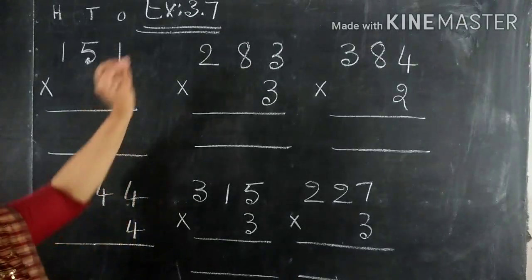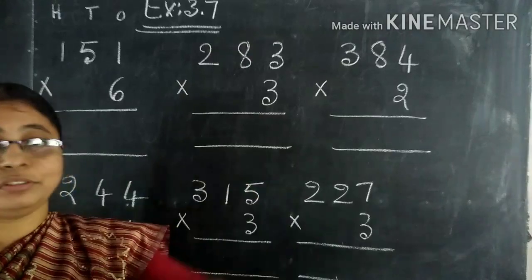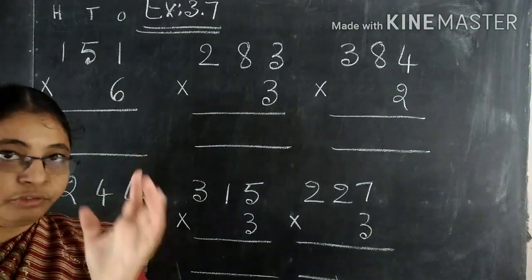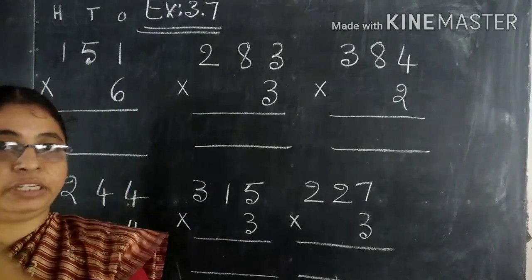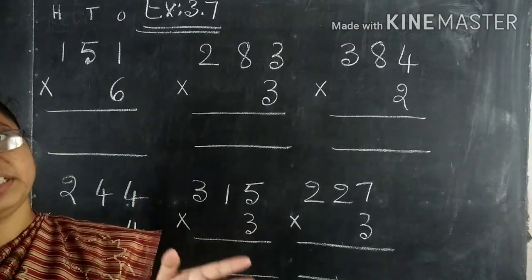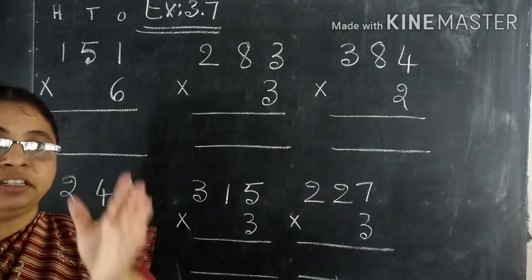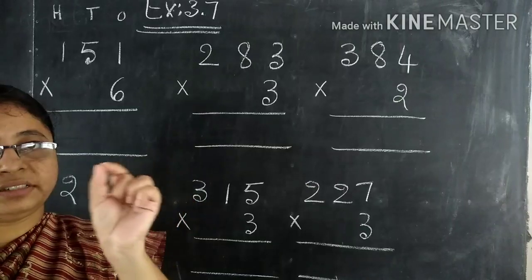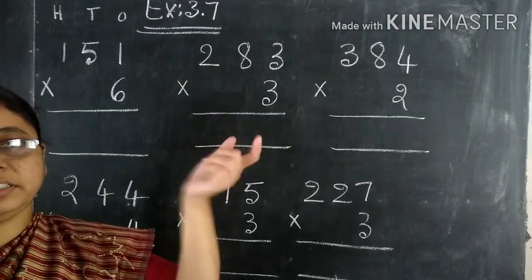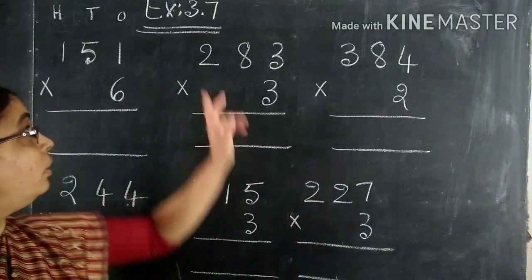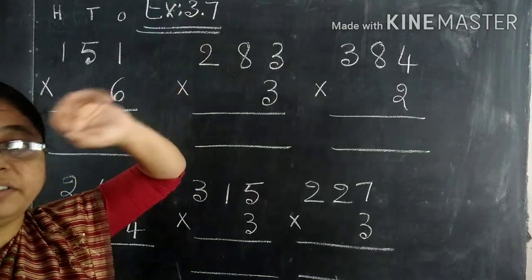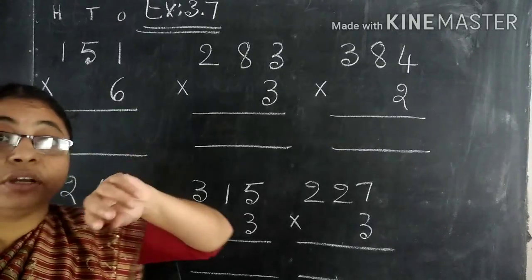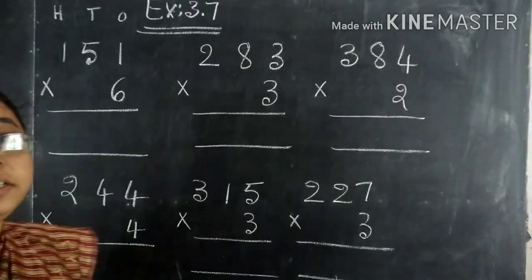Till now, till exercise 3.6 also, we are doing multiplications and we are increasing the levels stepwise. First row method, next column method, next double digit, and how to replace the one's digit and how to carry the other digit to the next place. These all. And today in exercise 3.7 we are going to multiply 3-digit numbers.